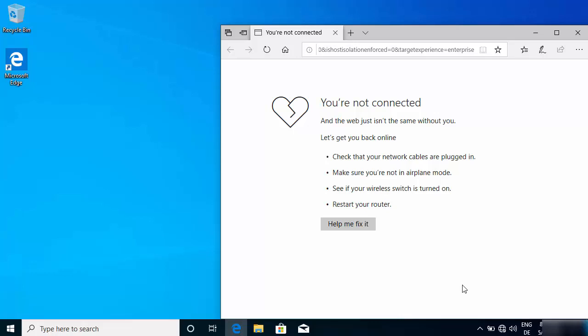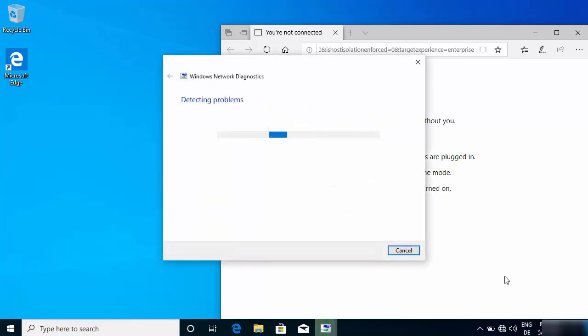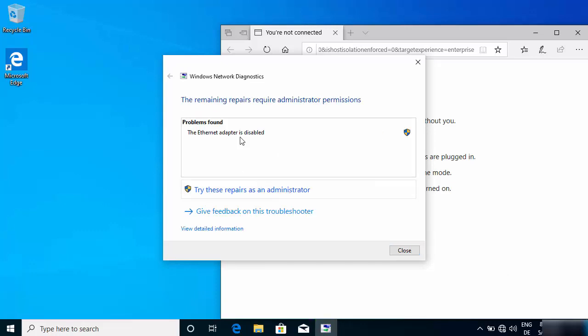The first solution, which is the obvious solution, is to go to your internet icon. When I hover over my internet icon here, it says not connected. So I'm going to right click on my internet icon and you will see the troubleshoot problems option here. Just click on troubleshoot problems, and your Windows 10 is going to detect the problem with your internet. Windows 10 will find the problem related to your Wi-Fi or internet, and through this troubleshooting it's going to show you the problems.